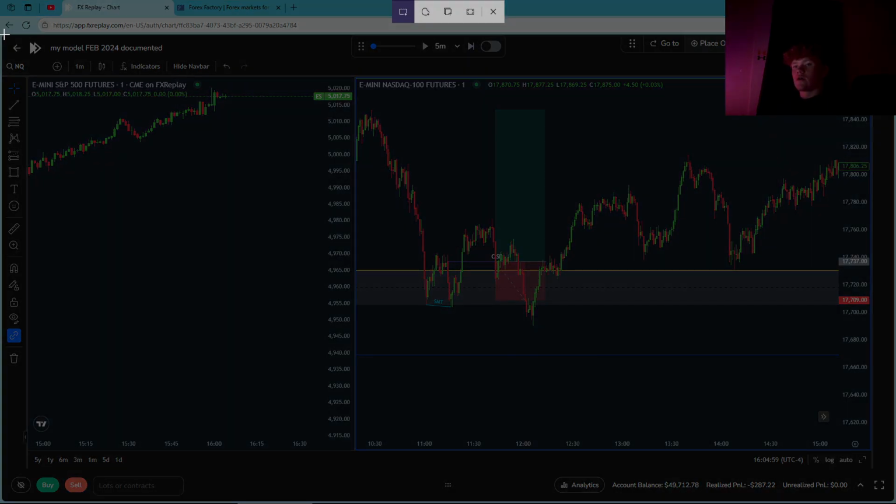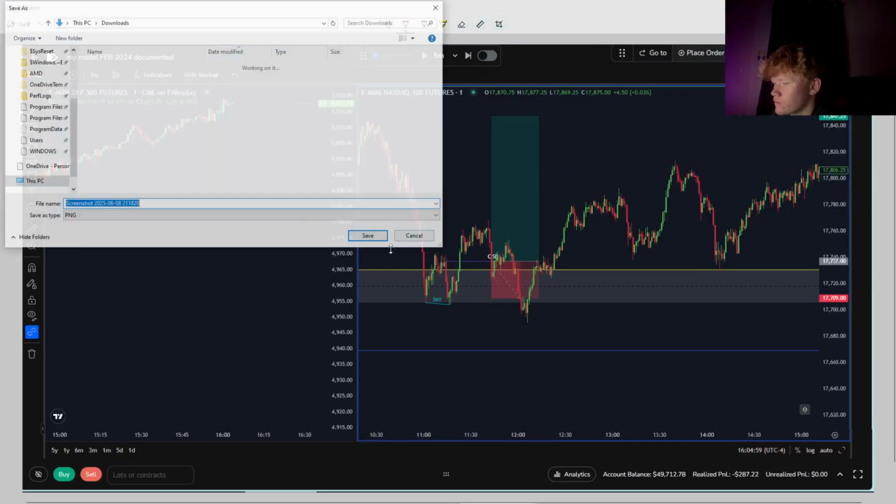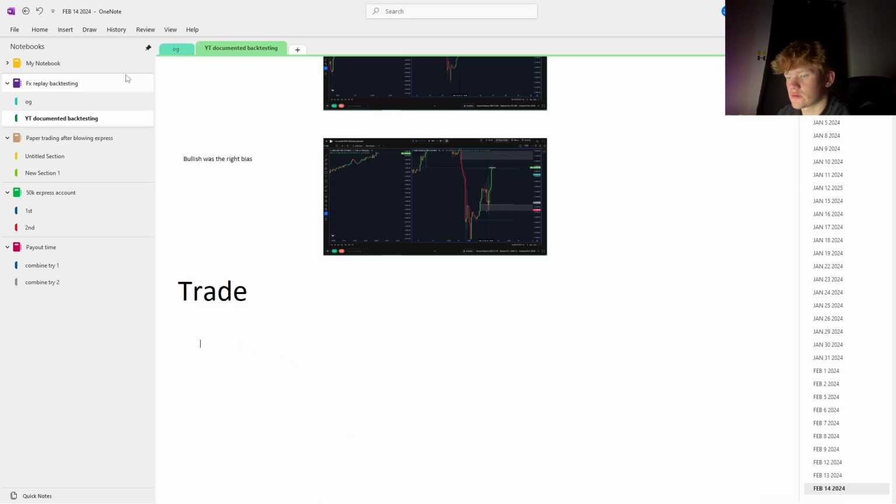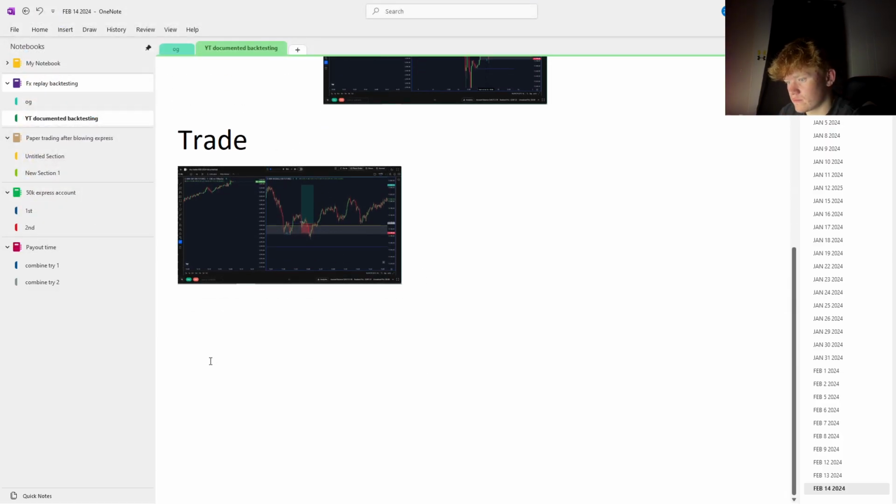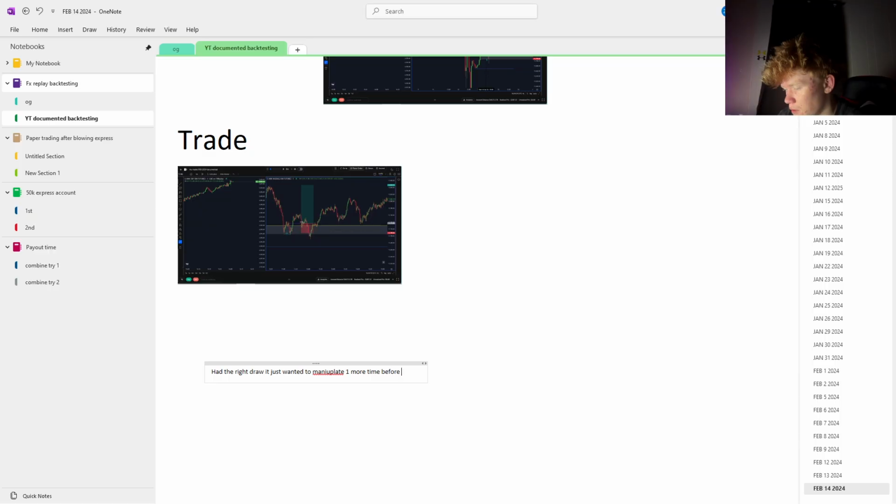So I will say, had let me check this first actually. Had the right draw. It just didn't. It just wanted to manipulate one more time before going to it. And I'll say I was using the 1 min, 15 min, but it also a 1 hour, so that would have made